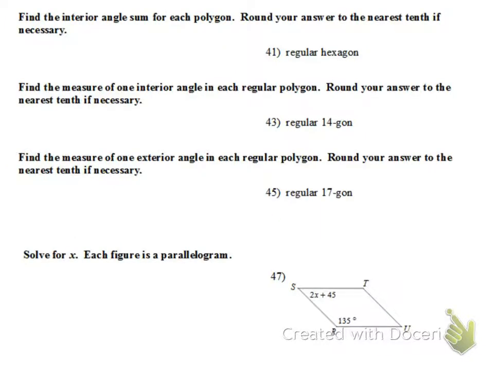Find the interior sum of each polygon. So a hexagon has 6 sides. So my equation here is n minus 2 times 180, because it's the angle sum. So I would do 6 minus 2 times 180, so that'd be 4 times 180. So that should be 720 if I'm correct. Yep, and it's 720. So again, this is just the number of sides. A regular hexagon has 6 sides, so I just plugged that in